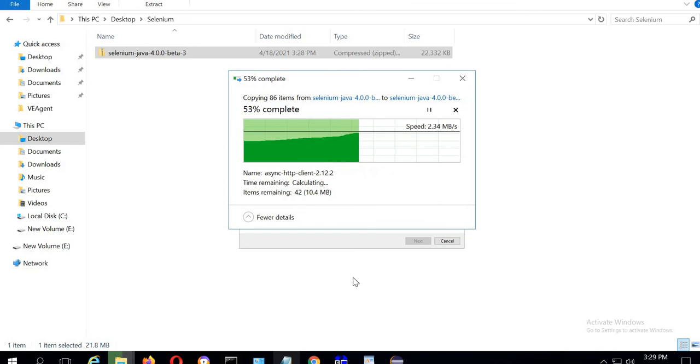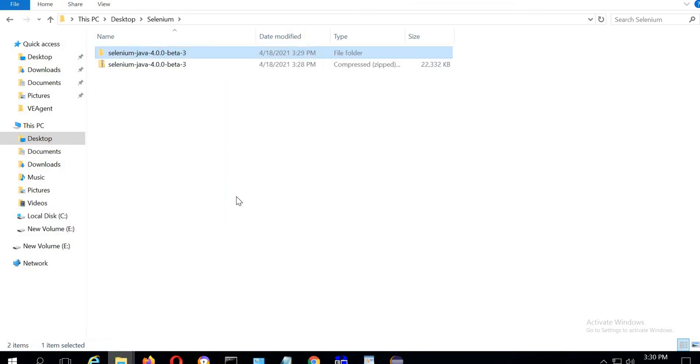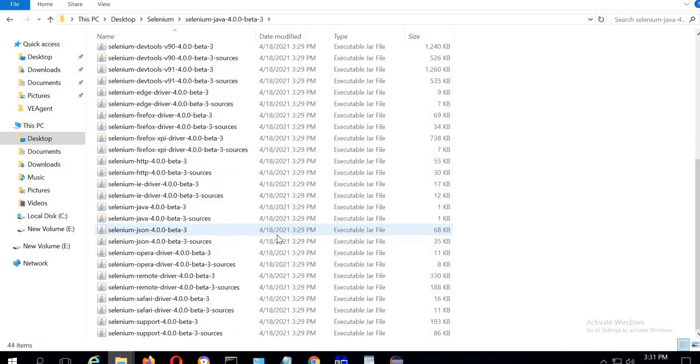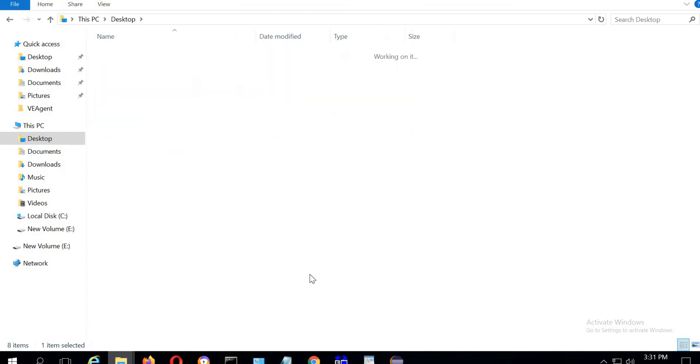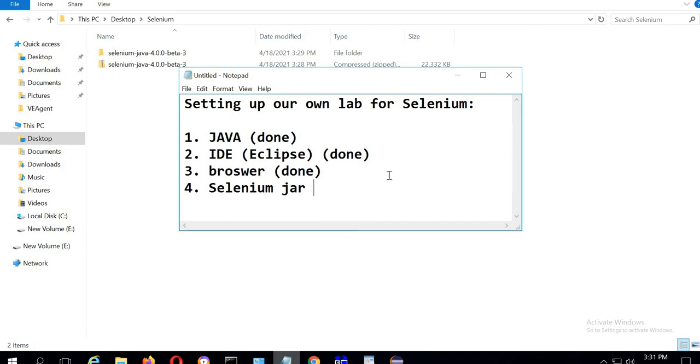You can also use the release version as well. So now I have extracted the zip folder, and inside this folder you can see there are a lot of Selenium jars which we will be using when we will be creating the test case. So this is pretty much from the lab point of view, how to set up the lab. So we also have installed the Selenium jars. I'll mark it as done.